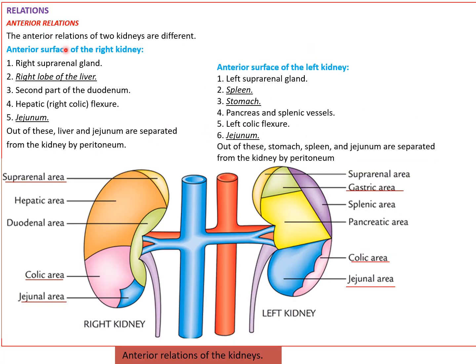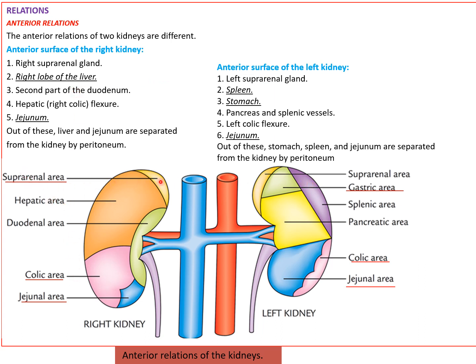Relations of the kidneys. The anterior relations of both the kidneys are different, but the posterior relations of the kidneys are almost the same. The anterior relation of the right kidney and the anterior relation of the left kidney. So the common relations are